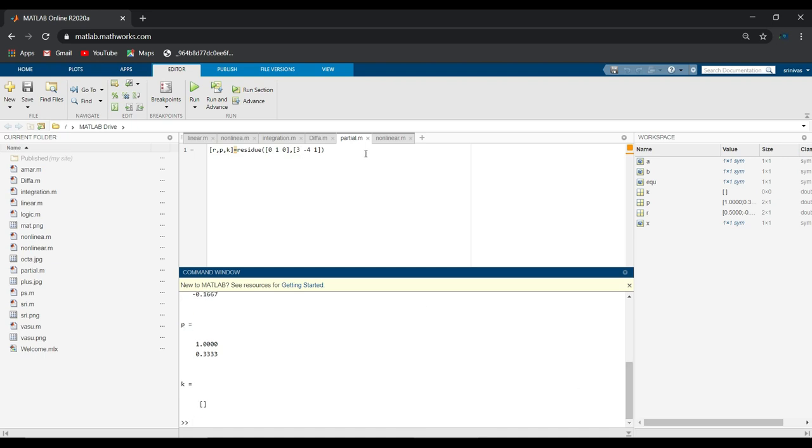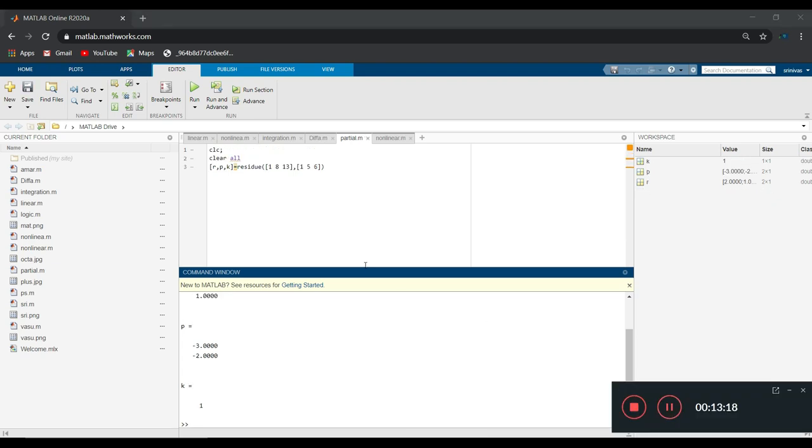Here x minus d when I change those values. And here it is a proper fraction, right? So no value is written, only a single term is returned. Okay, a value is 0.5, b value is minus 0.16, and the poles are 1 comma minus 1 by 3, and k is empty because it is a proper fraction, right? So it does not evaluate for a proper fraction. So let's check for an improper fraction also.